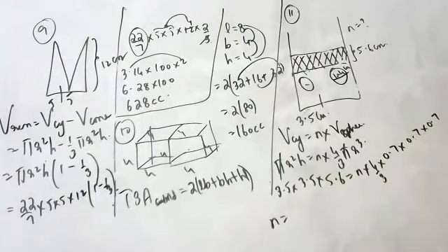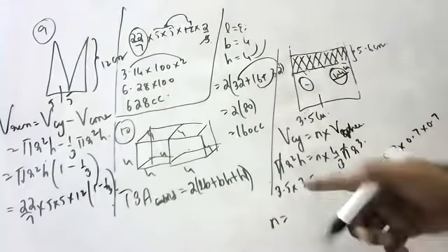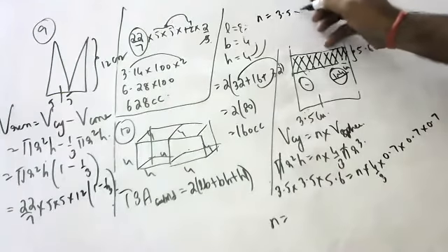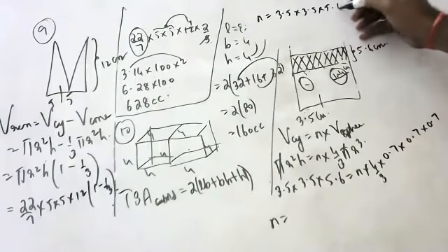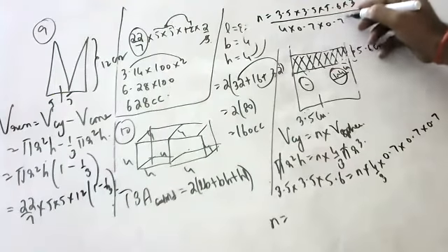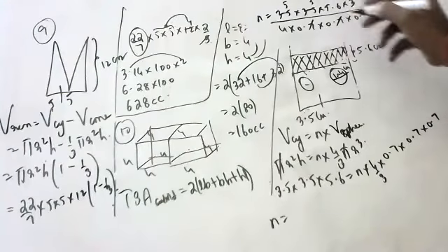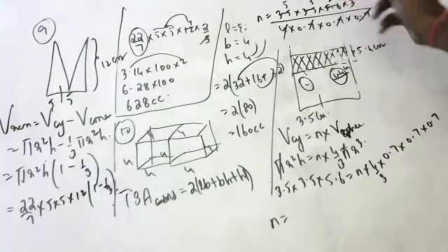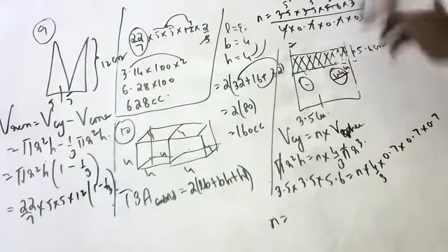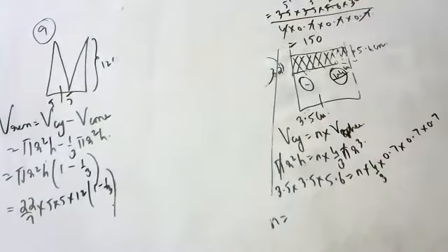So N is equal to, please see here, children, 3.5 into 3.5 into 5.6 into 3 divided by 4 into 0.7 into 0.7 into 0.7. 7 5s are 35, 7 8s are 56, 4 2s are 8, 5 5s 25, 25 2s are 50, 50 3s are 150. 150 marbles should be dropped in this to make the water level rise by 5.6 centimeters.